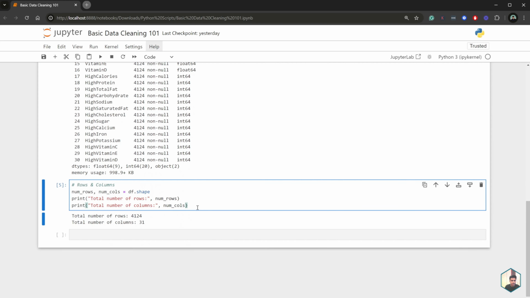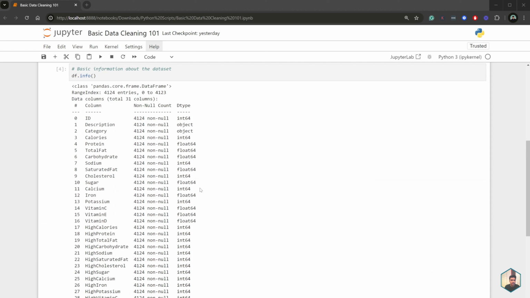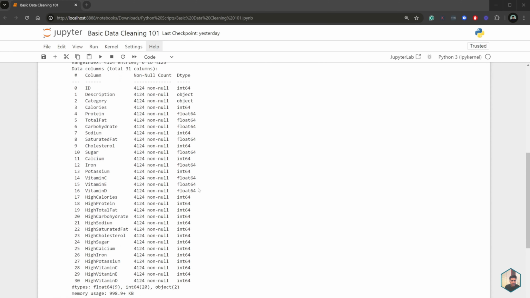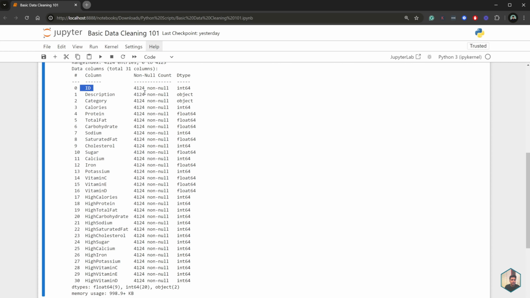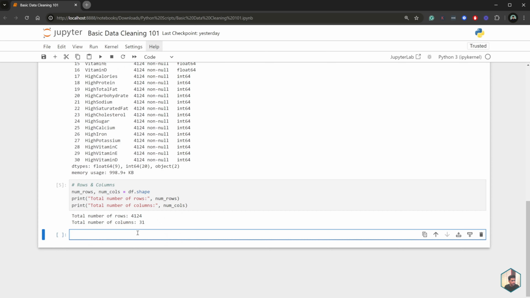Next, what I like to do is check all the data types and then convert any data type that looks off. In this case, I think everything looks fine except this ID column, where it's stored as an integer. So maybe let's try to convert the ID into text.